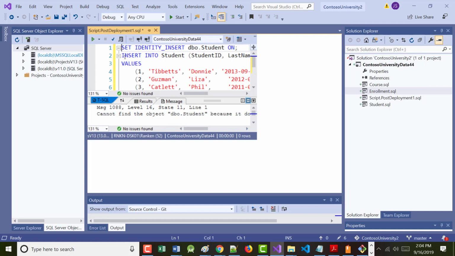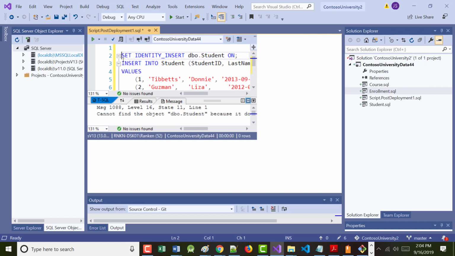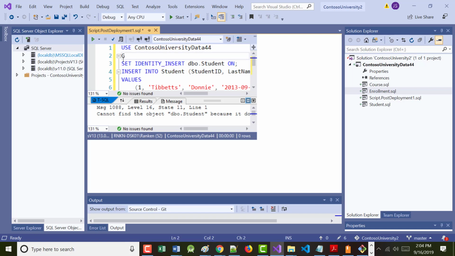Let's try this. Shouldn't have had to do this, but I'm going to try it anyway. USE ContosoUniversityData44, GO. Cannot find it because it does not exist or you do not have permissions.